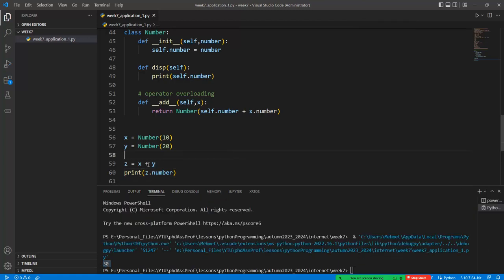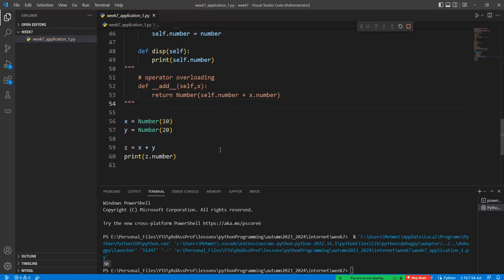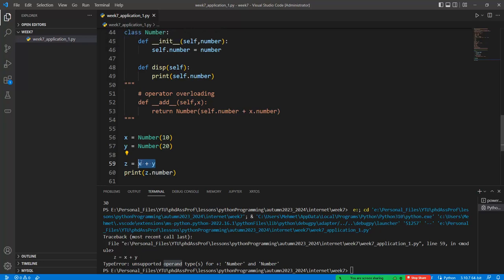Normally we have the error in here if we don't have this property. Okay, because the unsupported operand type is for plus between Numbers and Numbers, which means that this cannot be added to another term,